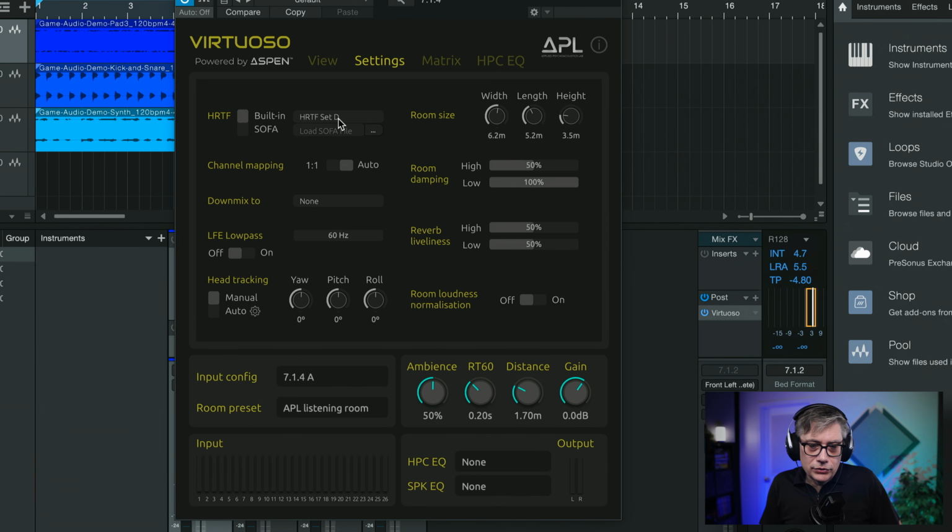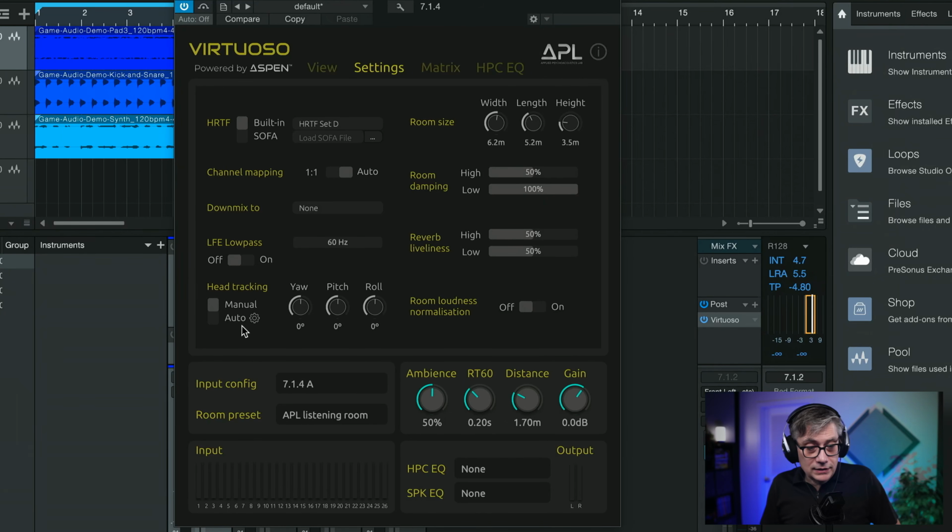And the first thing that's new is that APL included two new HRTFs, so head-related transfer functions. These are D and E. I would recommend that you try them out. If you like them, great. I personally am not that big of a fan of these head-related transfer functions because they never work for me, but they might work for you, so give them a try. My understanding is that they were built on some of the head-related transfer functions that Meta is using, but just give them a try and see if that works for you.